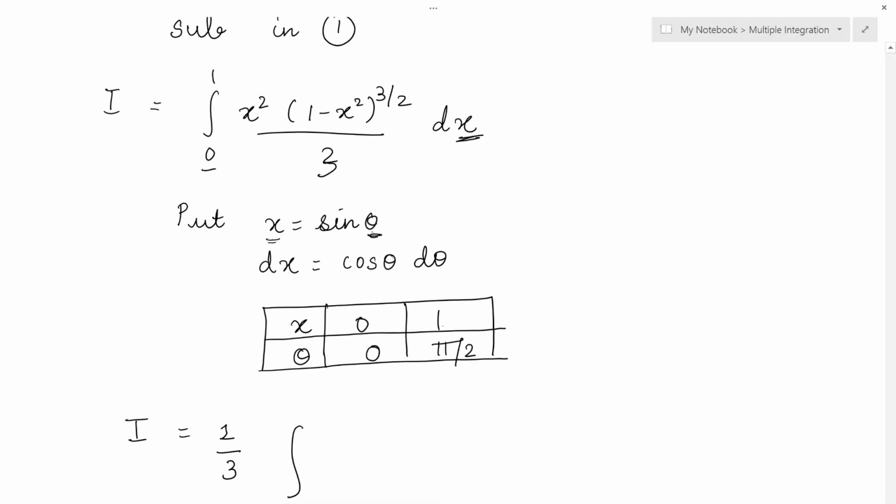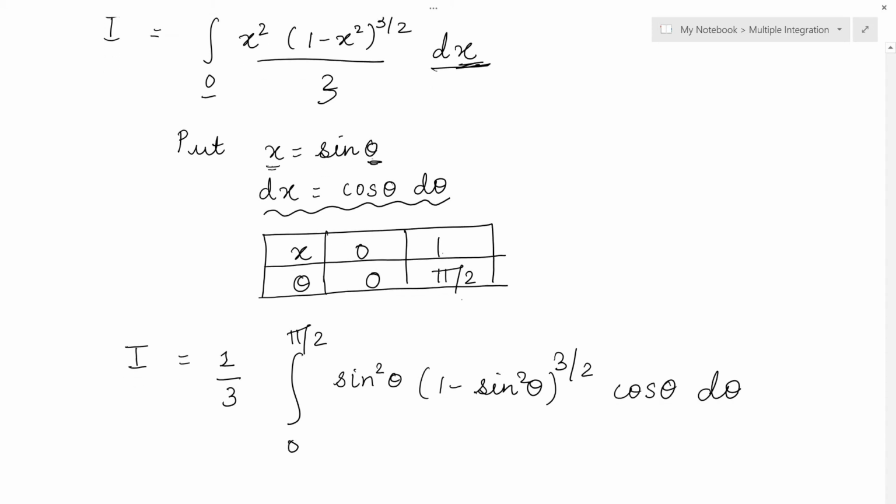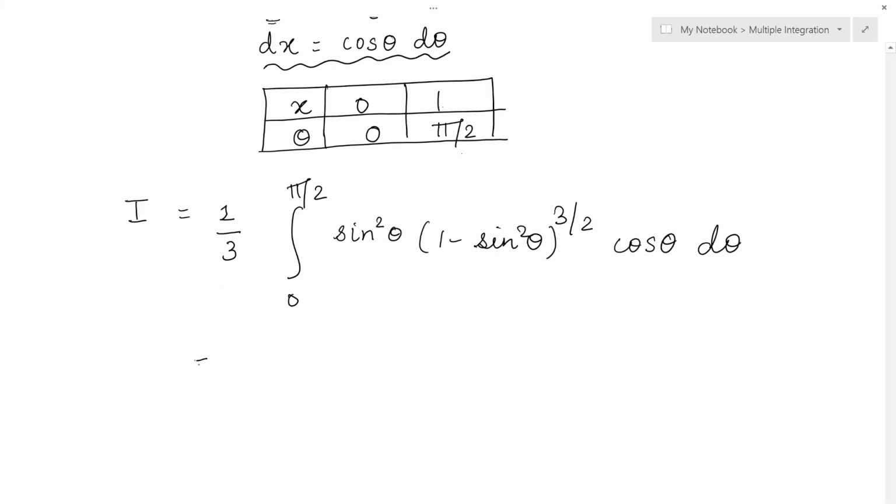Old limits were 0 to 1, but new limits are 0 to pi by 2. Right? So in place of x square I will substitute sine theta the whole square, sine square theta. 1 minus sine square theta raised to 3 by 2. And in place of dx I will substitute cos theta d theta. So if I simplify this further,